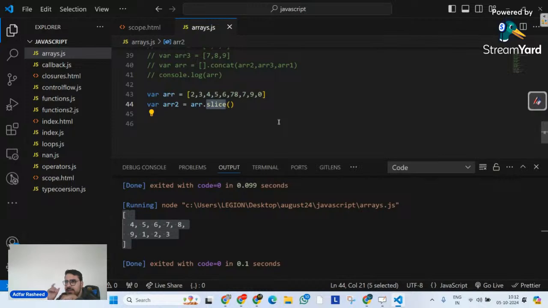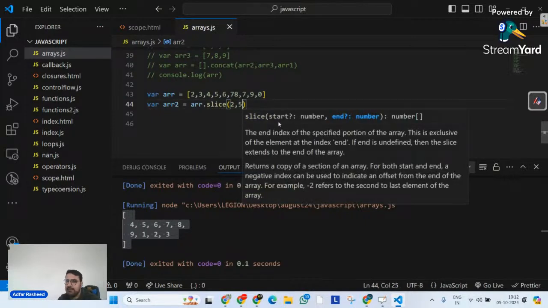But don't you think we have to tell it from which index up till what index we want the slice? So the slice method receives two arguments. Number one is the start index, number two is the end index. Let's suppose I will simply write 2 comma 5.